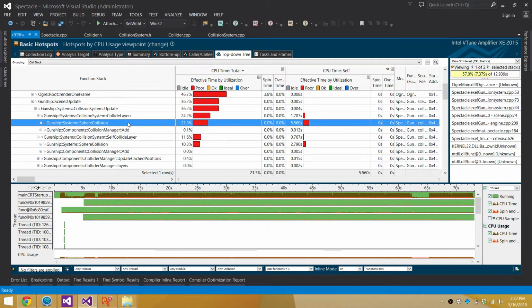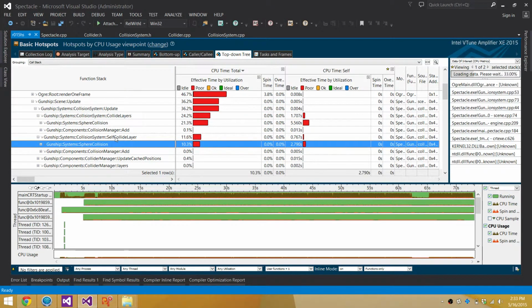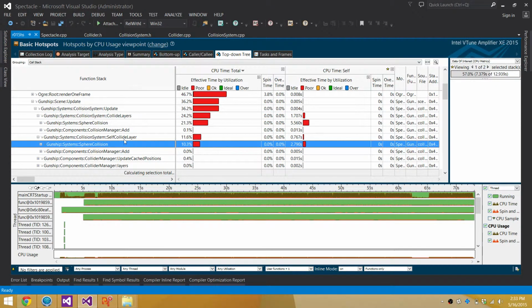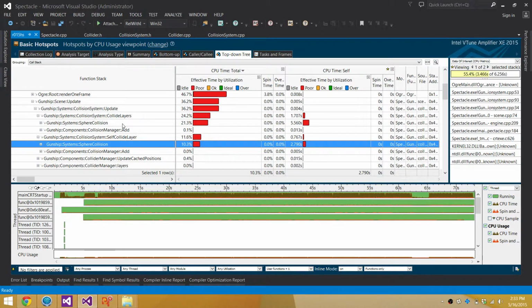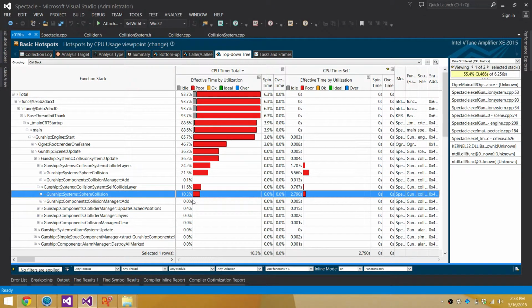And we'll see that in terms of bottlenecks for the code, that's it. The only place that's slow at all are the sphere collisions. It's simply that a lot of collisions are happening, and I can actually shrink this down. In terms of bottlenecks, nothing else is taking up time. It's just the sphere collisions. And if we look at the source,